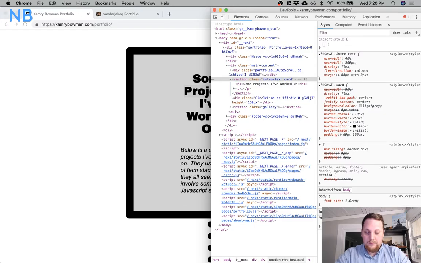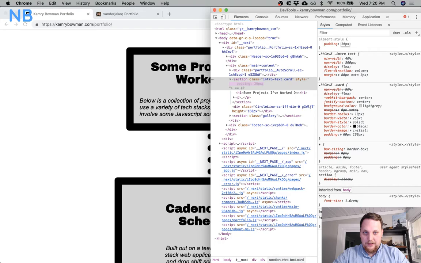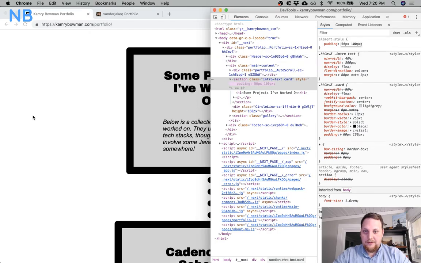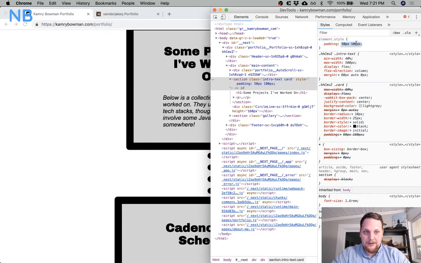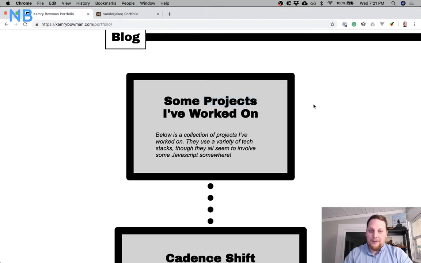Okay. Padding. Maybe we'll make this like 20 pixels all around. Maybe more like, yeah, 50 and 100 pixels. Something like that. Maybe more like 75. I don't know. I'm just trying to do this on the fly here, so I would definitely play with this a little bit more. But yeah, so I think this just kind of saves you some vertical spacing,